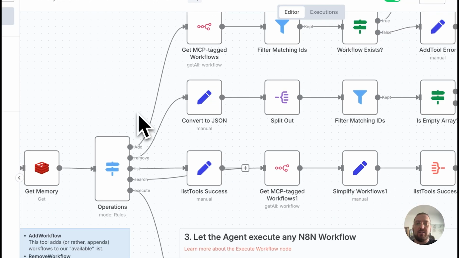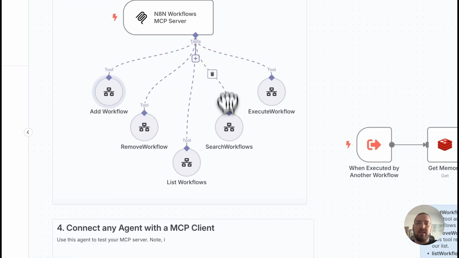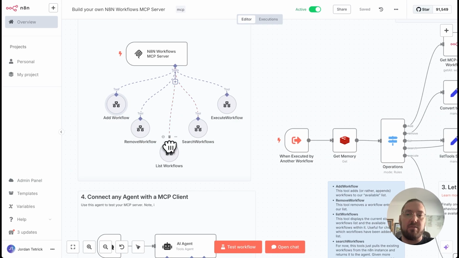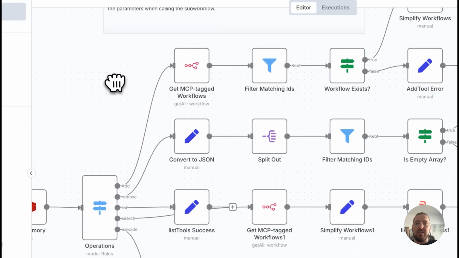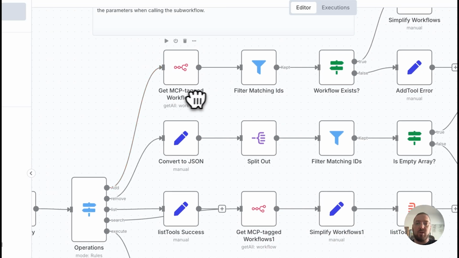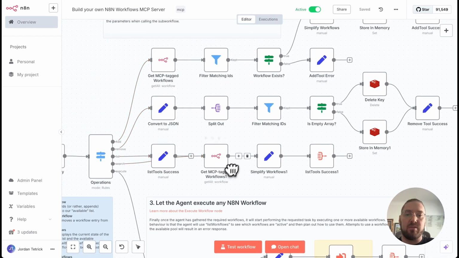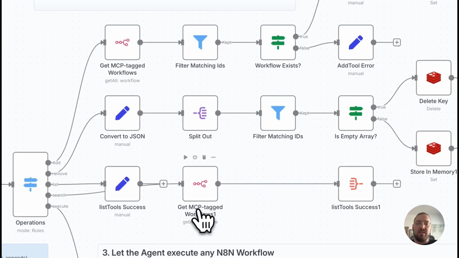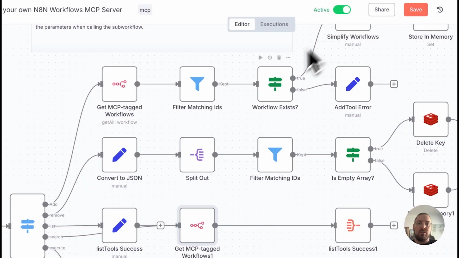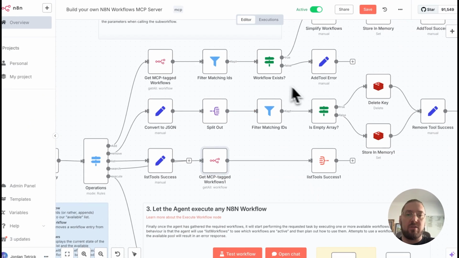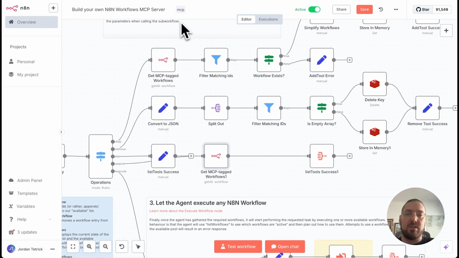It's important to know that we are not hitting the n8n API directly from these tools. What we're doing is we're actually hitting a workflow that's going out and then hitting the API. So what's happening in these APIs is it's basically looking for workflows or executing particular types of workflows. And they're specifically looking for tags that have the tag MCP. So that means that any workflow that is tagged right up here, like this one, with MCP will actually be identifiable to this particular